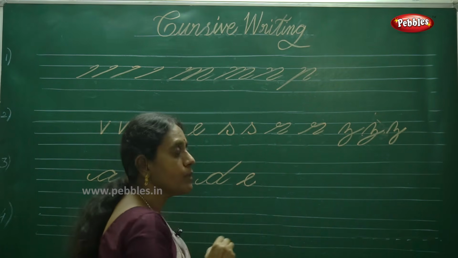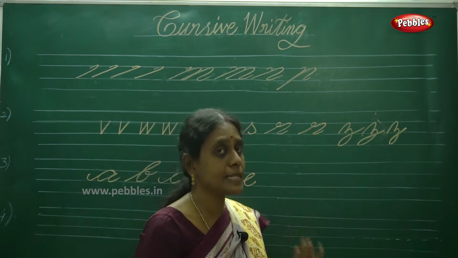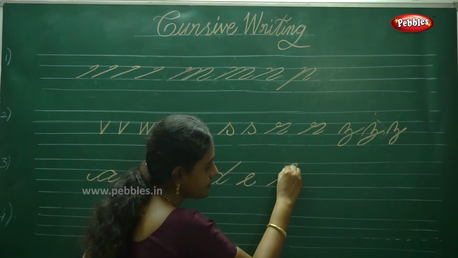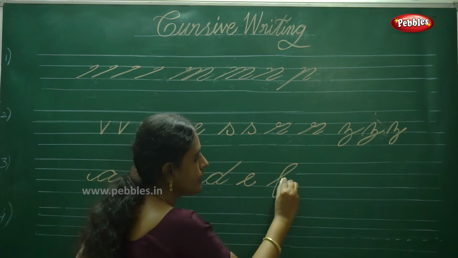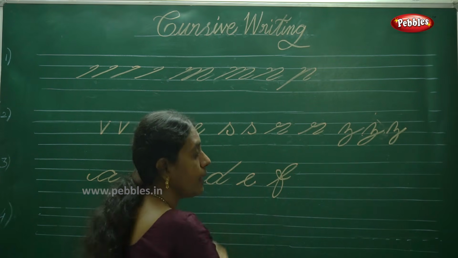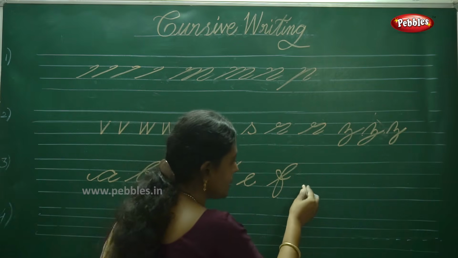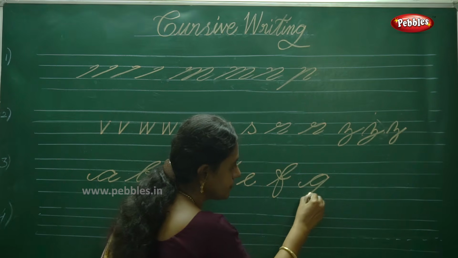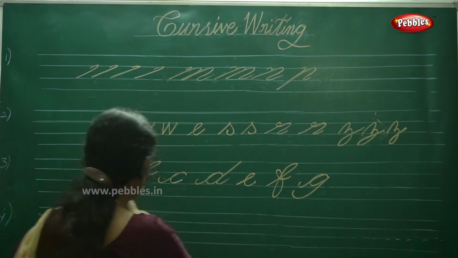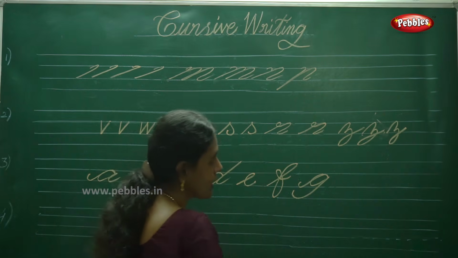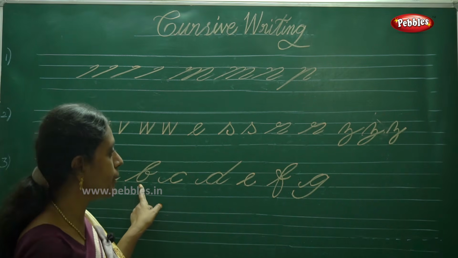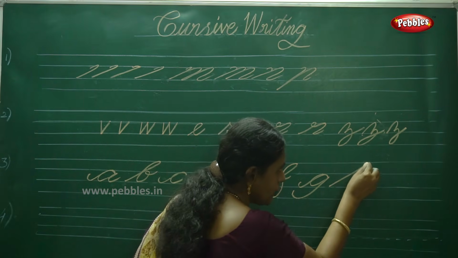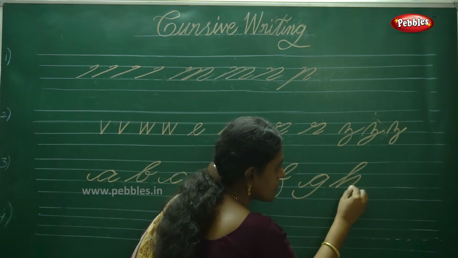Observe it. Where does it come from? It is from the L series letter. So the starting stroke is this one. Touch the descender line. Again it touches the top line. F. Okay, then G, S stroke, G. Okay children, A, B, C, D, E, F, G. Next one is H. It comes from the B and F letter, L series. Okay, H. Draw a stroke and H.